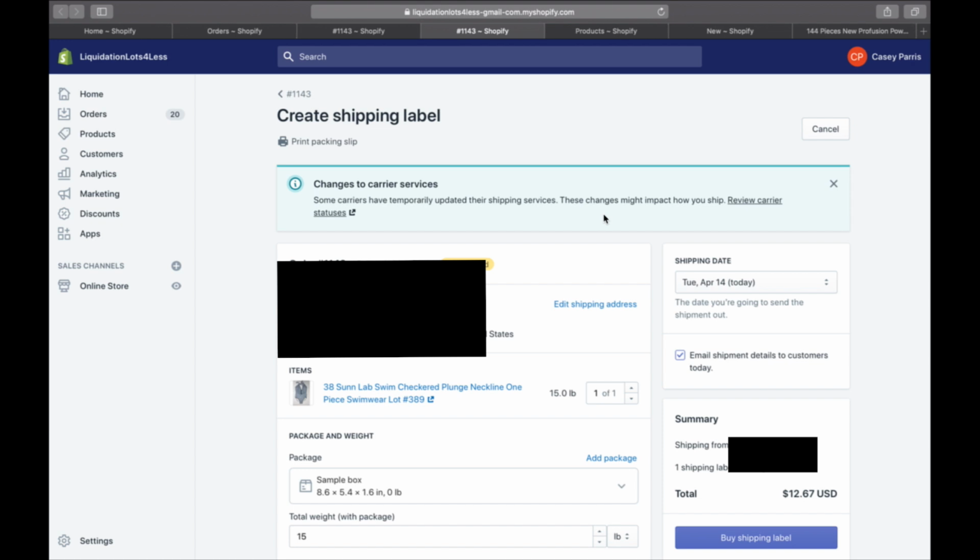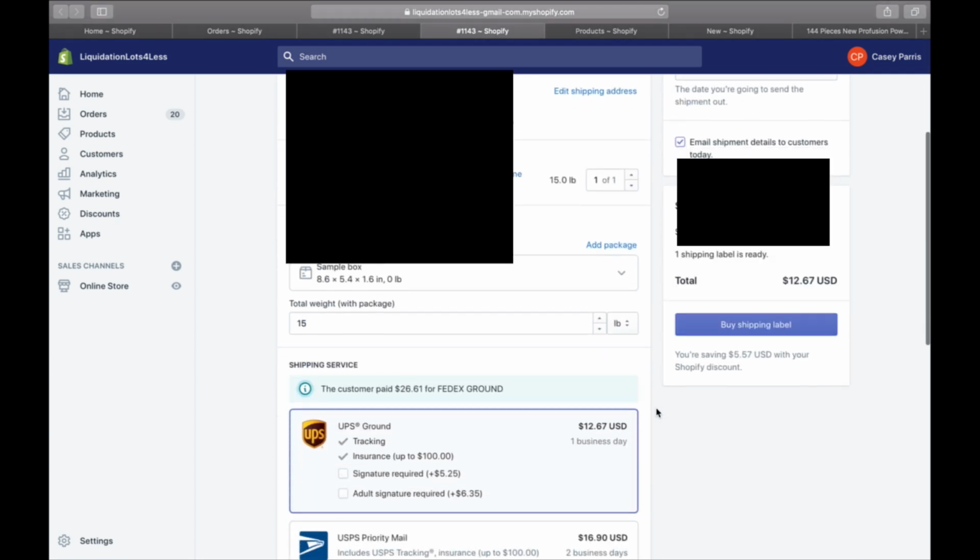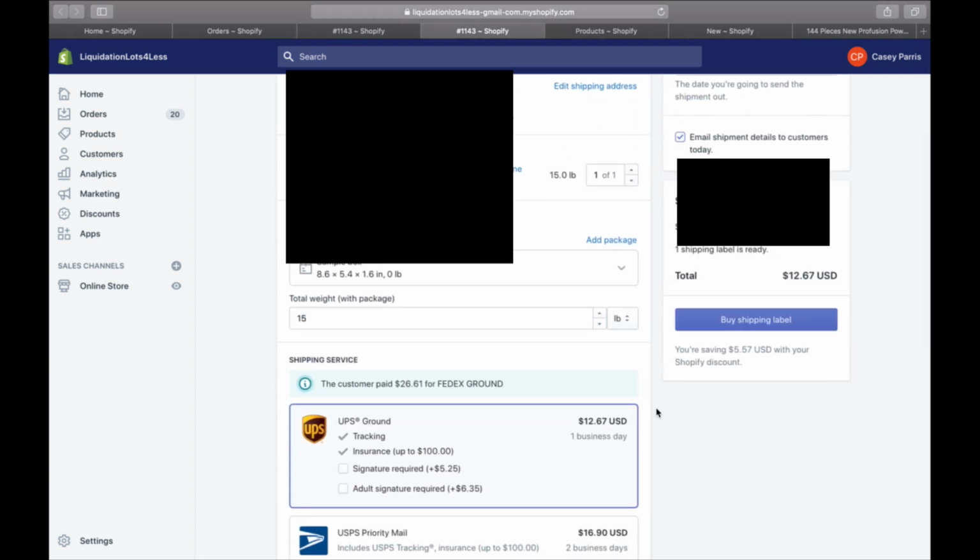So if we were going to create a shipping label, here it is. Again, we have the order information. I've blacked out the customer's name. We have the item, and then we are going to scroll down. So let's go ahead and do that really quickly. Okay, now that we've scrolled down, we have the sample box, but we can go ahead and add a package